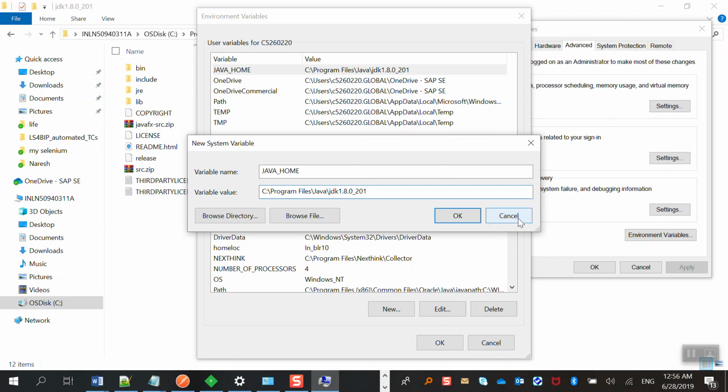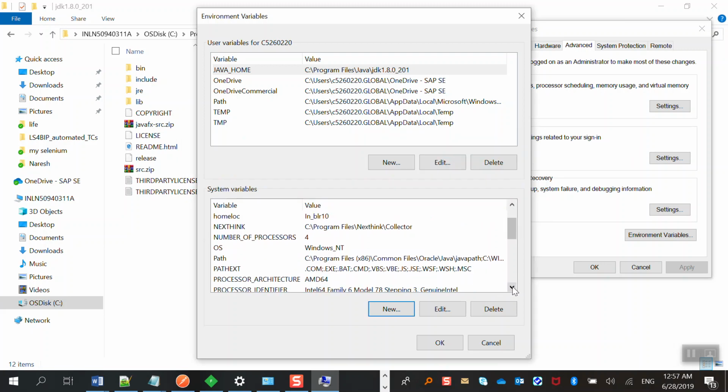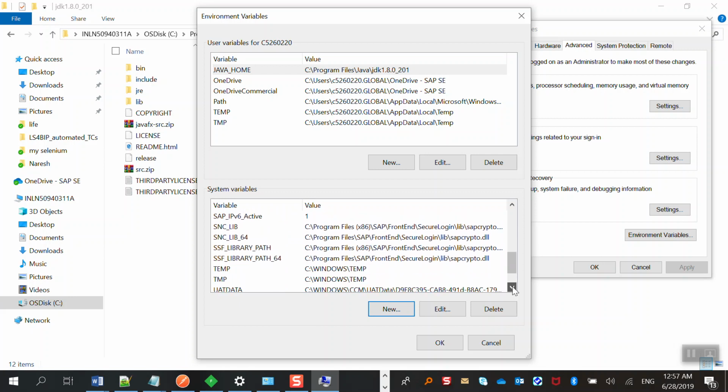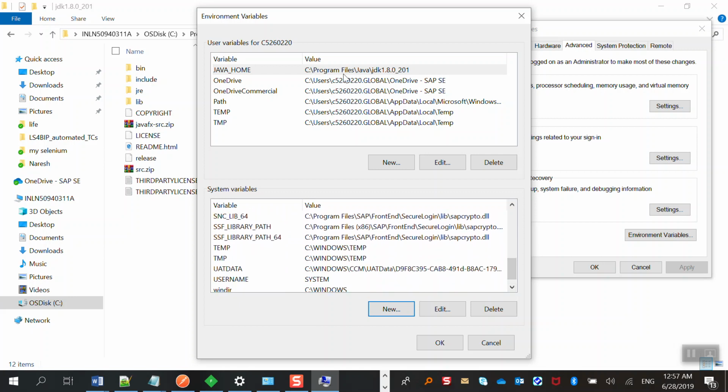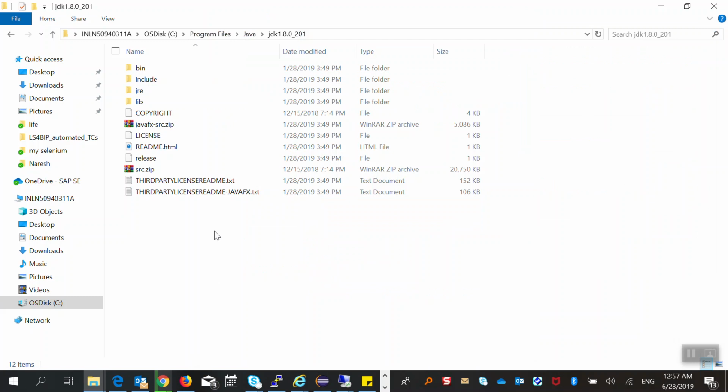Since I already have the Java home path on my machine, I'll click on Cancel and show where I have set it. Yes, I have set it here. You can set it anywhere, either here or here. I have set the Java home path in my user variables. This is my other code, leave it. You can set the Java home path here also. So this is how you have to set your Java home path, and after that you have to